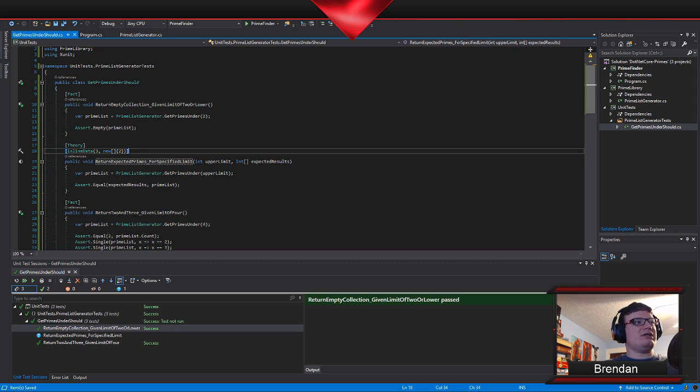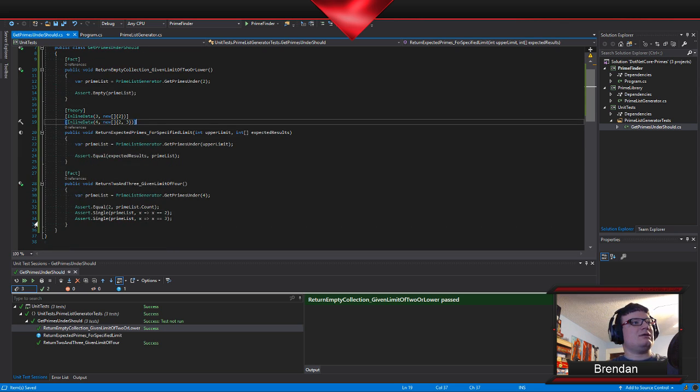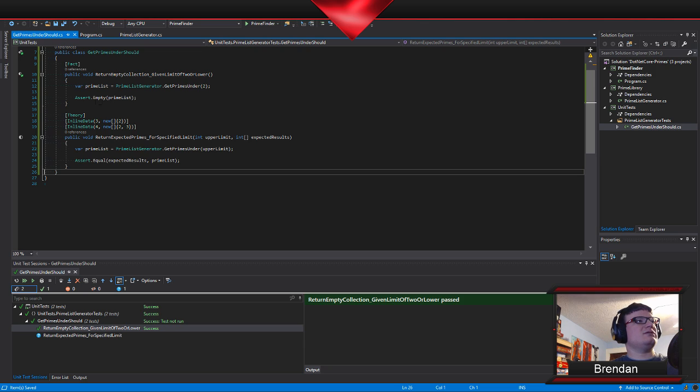Okay, so our next one, we expected 2 and 3 given a limit of 4, so we can do that same one here. So we're going to give a limit of 4, and we're expecting to get 2 and 3. So let's go ahead and get rid of this test, because we basically just did it again.